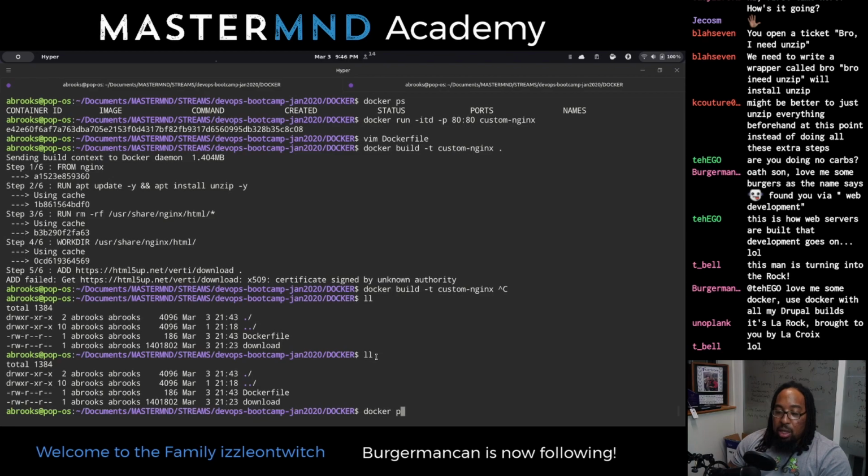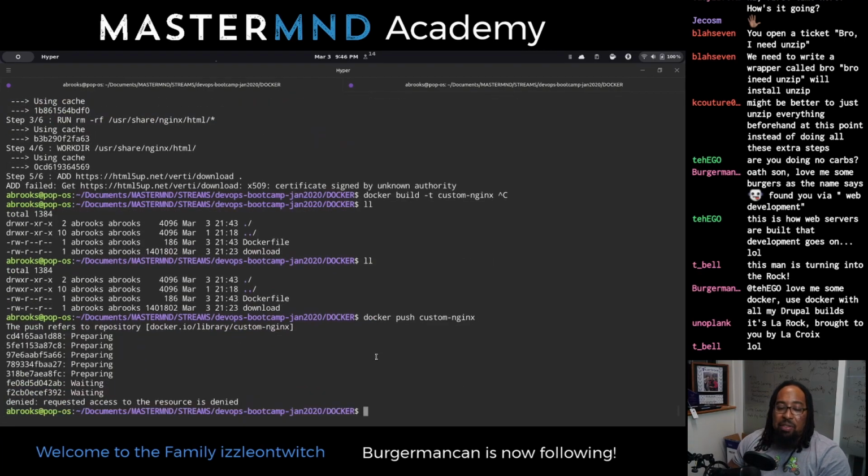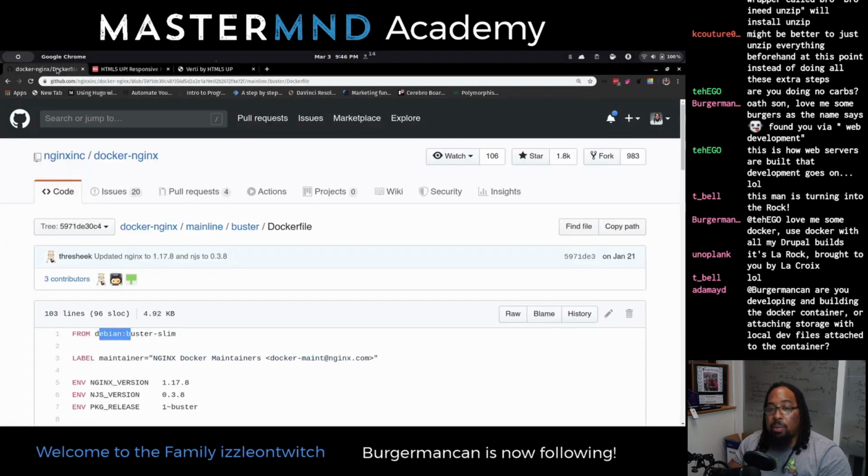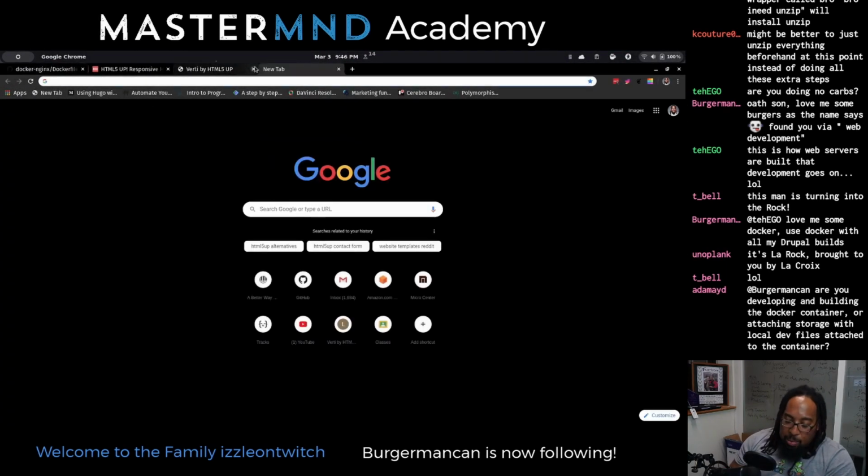All I do is docker push and the name of the thing that I want to push. I have to log in first, so I lied to you. My problem is sometimes you automate yourself out of knowing what's going on. The way I have things set up, I don't have to do all of this to be able to get stuff up. I just have to push when I'm ready because I've already handled the login. But the first thing you have to do to be able to push this stuff up to Docker Hub, hub.docker.com, is create an account.